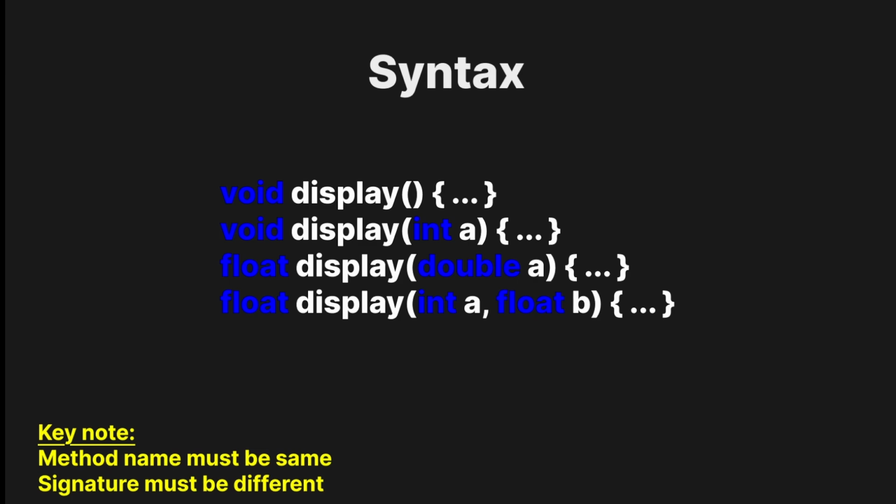A double is a decimal number compared to int a. We can also have a combination of different data types. Instead of int, we can also use data types such as string. So as long as the method signature is different and the name is the same, then we can use method